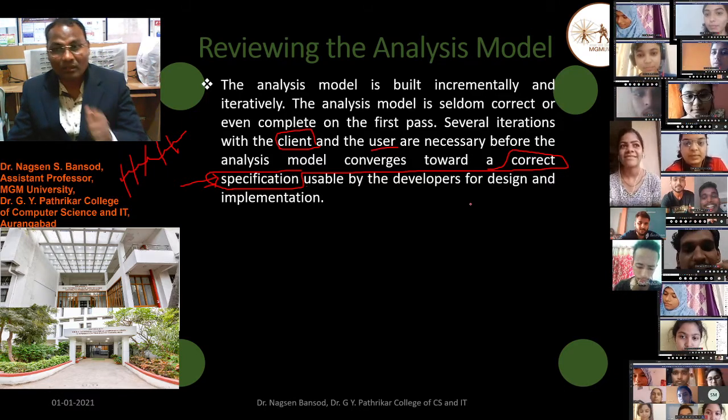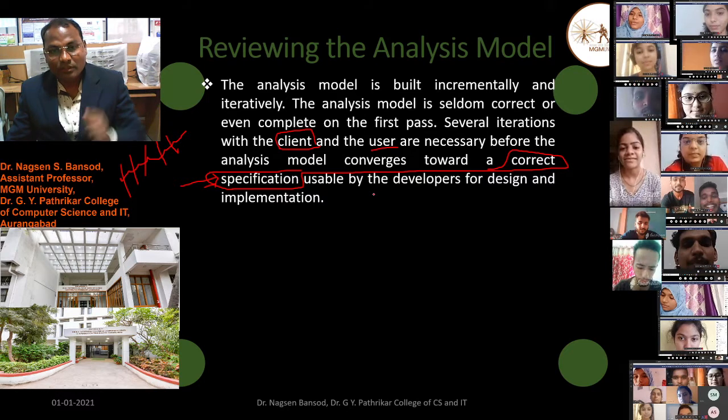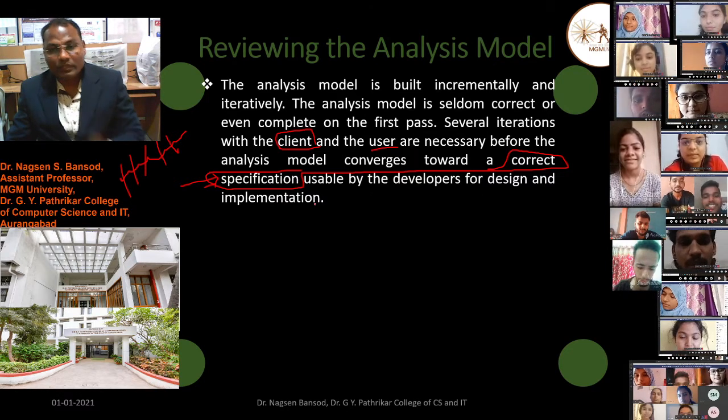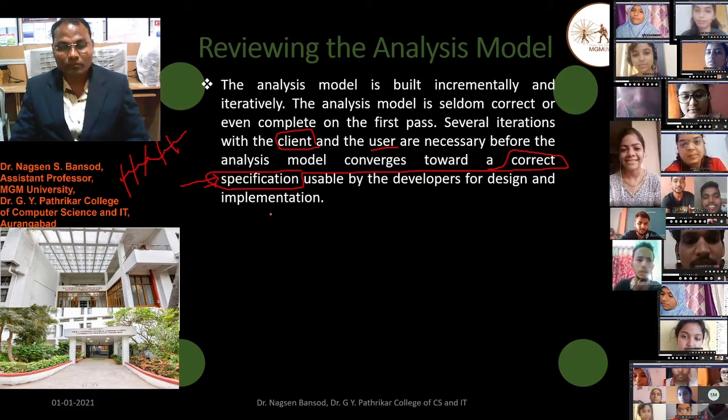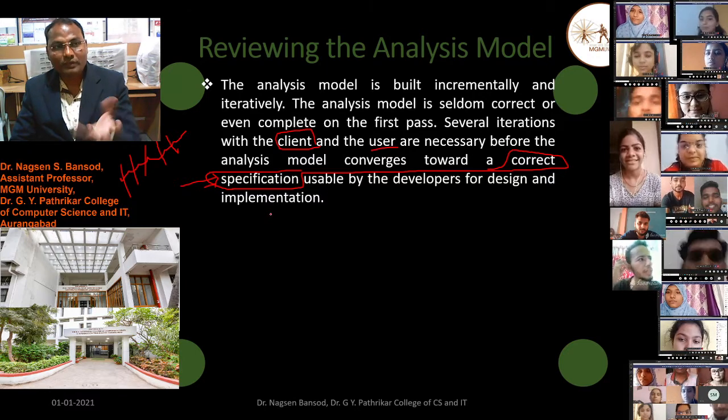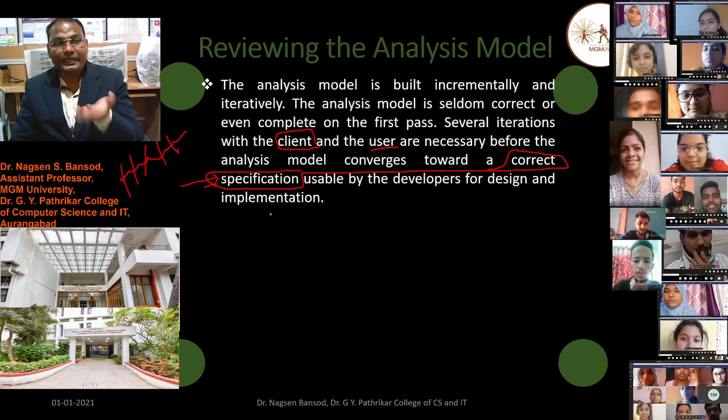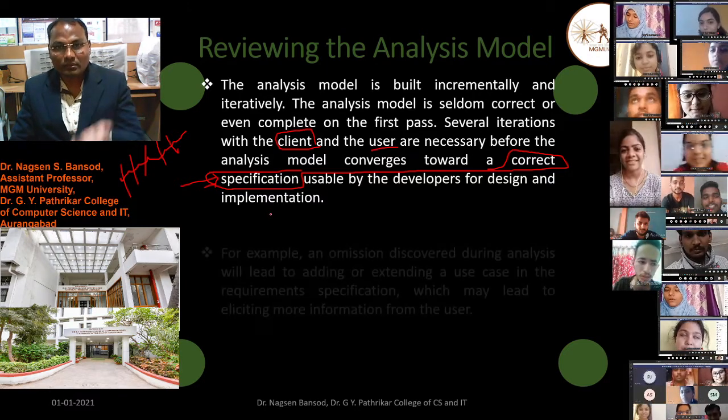Once you have the correct specification, it can be used by the developer for design and implementation. For designing software, we get appropriate information from the client.